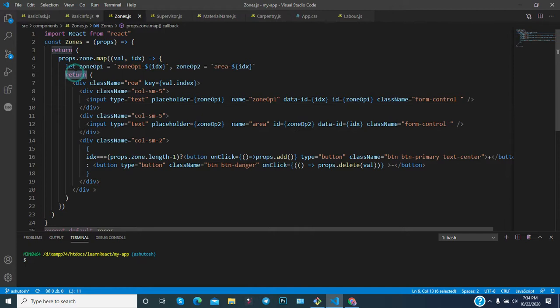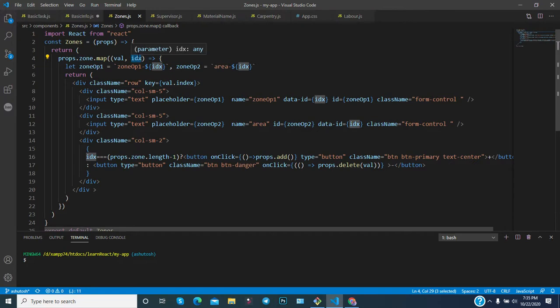So here it is a return, this will return something, and you can notice here that we have used the key, and the key has val.index. It means val is the array object. The array has data, and the data in this case is an object, and the object has some values. So you are getting an index value, and index value is always unique. You have provided a key. Why? Because you can also use the index, no issue with that, because index is also unique.